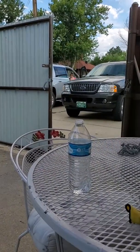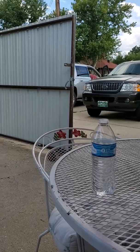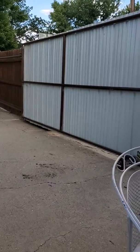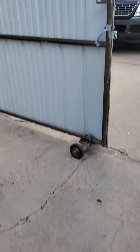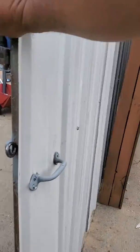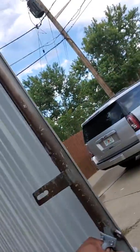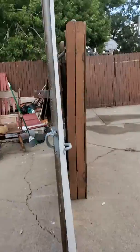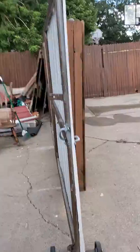And we basically took all that wood off the gate, and it was just way too heavy for the people to use. And now it's nice and light. We got the sheet metal up. It's going to be painted brown by Frank, the person who owns it, and basically opens up real easy now. Lightweight, easy to use, and it's very easy to adjust if you need to. Okay? And even Frank can pull this thing in easily with no problem. Okay? Now, with that in mind,